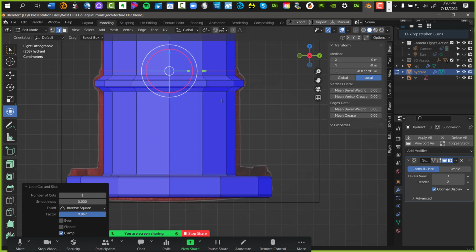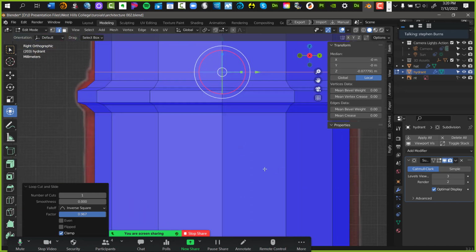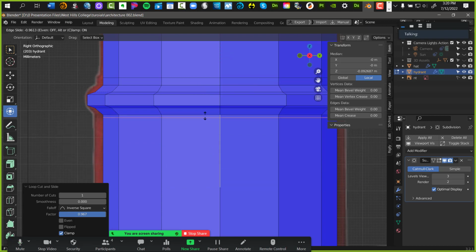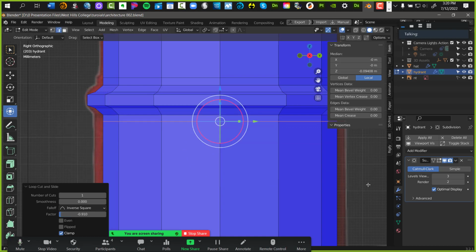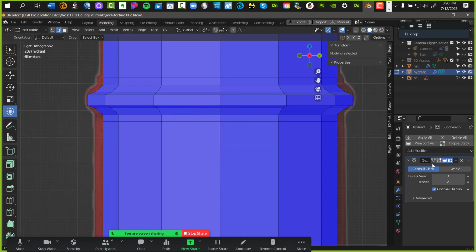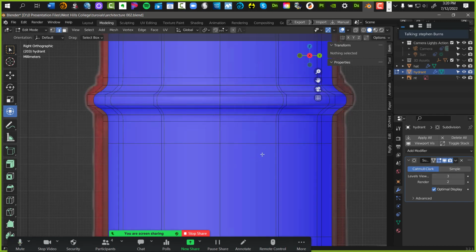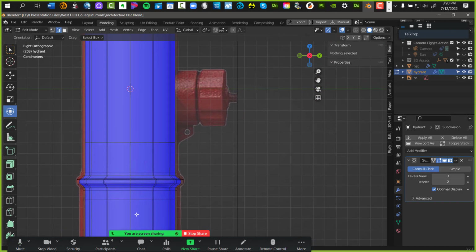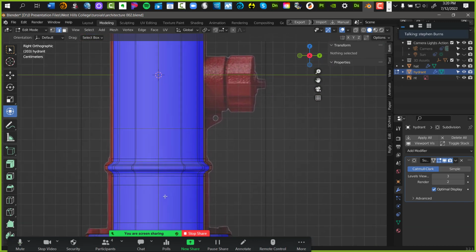Now I'm going to complete the same thing on the other side. Command R and pull it up, and it's going to hold that shape all the way to here. So now when I turn it on, see, it's held it. So be aware of that.